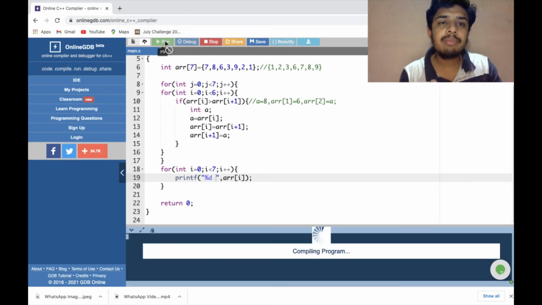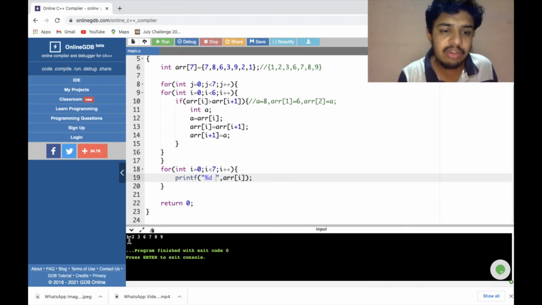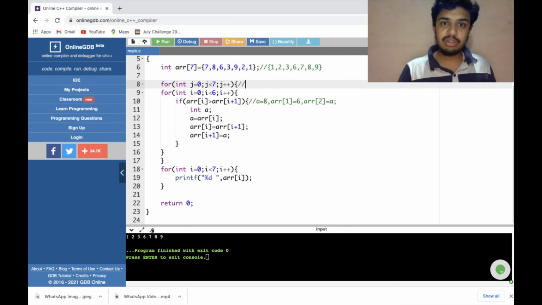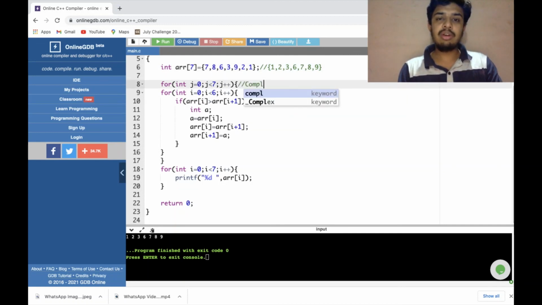Now I'm running it. What it will show is it sorts 1 2 3 6 7 8 9. Okay, that is what we have to achieve, and this is achieved by the bubble sort algorithm, which shows the complexity of bubble sort